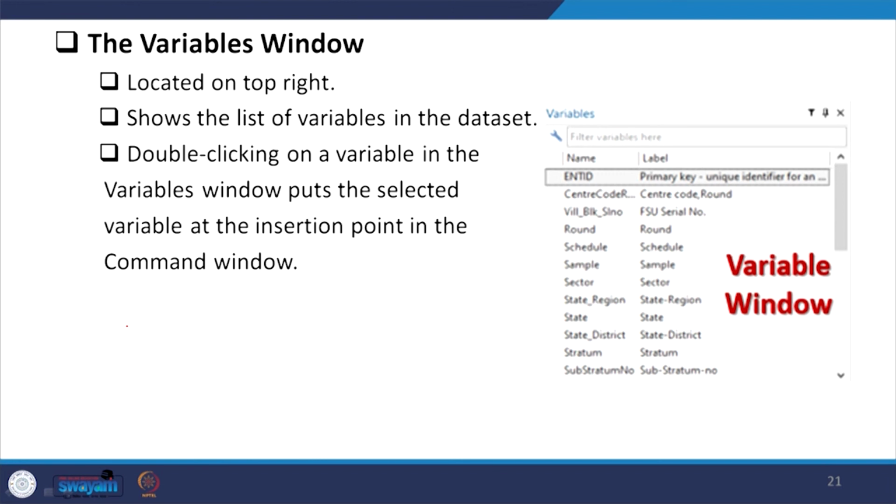Now the variable window is displayed at the right hand side. So many variables can be there, but our inbuilt data, which we have taken from Stata, contains 4 or 5 variables. You can get further details while we are in operation.